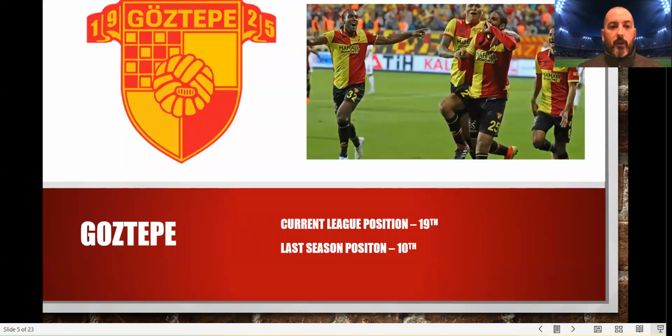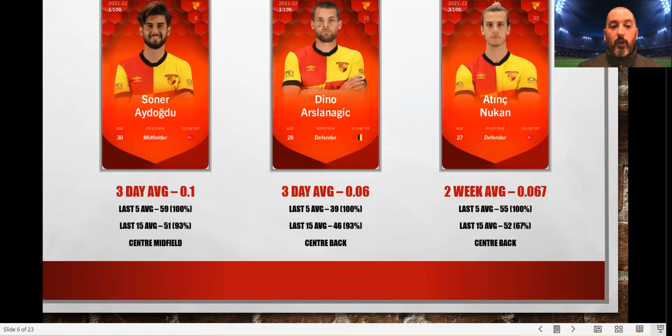So then we've got Gostepe, and we've got a current league position of 19th, so they're second bottom at the moment, but last season they finished 10th, bang mid-table. So they've got a wee bit of work to do to get themselves out of trouble, but they do have some players that are worth having a look at, and I'm going to run through those. So we've got Sonar Idogdu,